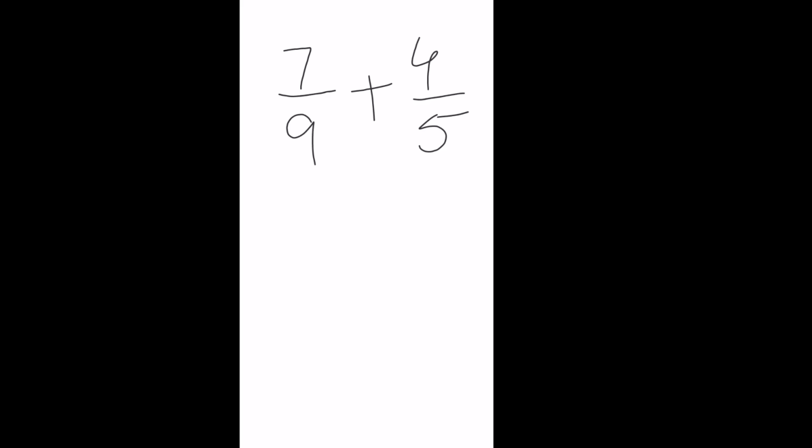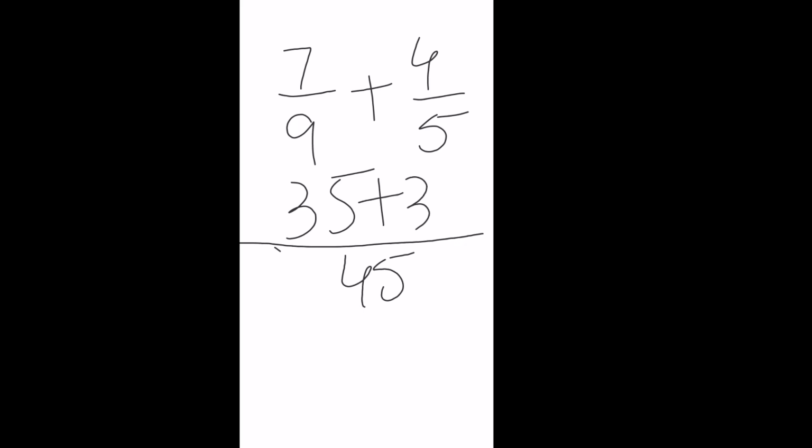Now you got to tell me how we're going to proceed. It's the LCM, the lowest common multiple. That's going to be your new denominator. You multiplied 9 by 5 to get 45, so you multiply 7 by 5 to get 35. And 5 was multiplied by 9 to get 45, and 4 multiplied by 9 is 36. Excellent. And then when you add them together,